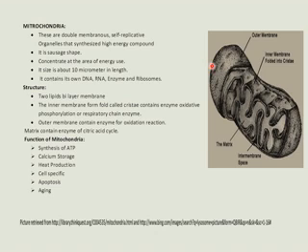In their structure, there are two lipid bilayer membranes. This is the outer membrane, and this is the inner folded membrane. Therefore, this is a bilayer membrane organelle. The inner membrane forms folds called what? This folded part is known as cristae, and it consists of oxidative enzymes like phosphorylation or respiratory chain enzymes. They help in oxidation. The outer membrane consists of enzymes for oxidation reactions, and the matrix consists of enzymes of the citric acid cycle.